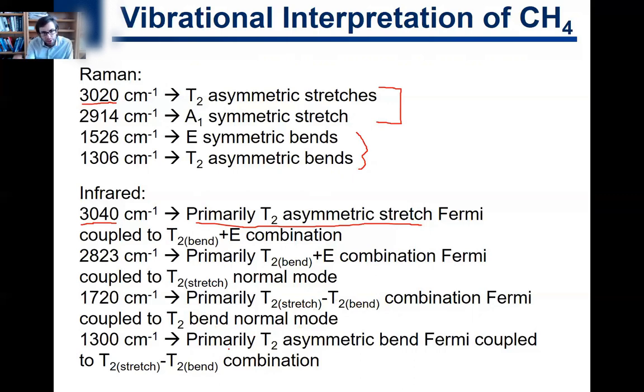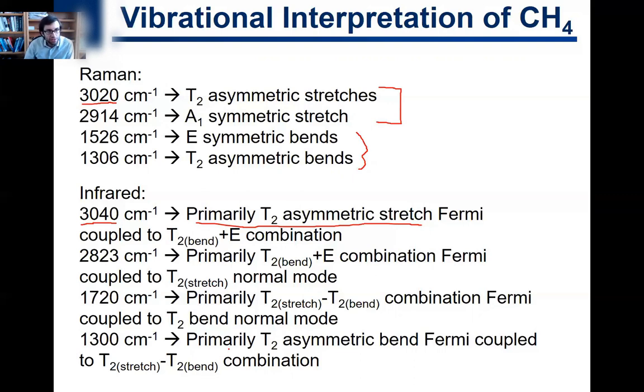And so the last point I want to make is this is the reason why these particular combination modes appear in the IR spectrum. As we saw from the selection rules, there are many different overtones and combinations that were allowed by group theory, right? Group theory told us we could have 8 different combinations. Now, some of those were outside of the range of a normal IR spectrum, or they had negative energies. But we didn't see 12 different peaks or 10 different peaks or even 8 different peaks. We only saw 4 different peaks in the experimental